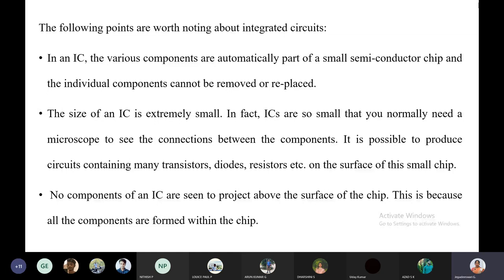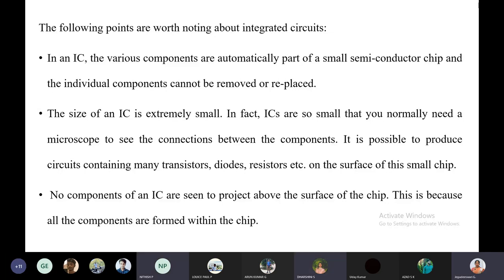If any one component is misplaced or malfunctioning, then we can just throw the whole IC out. That's all, nothing else can be done. If an IC does not work, we cannot repair it. We can simply throw it in the dustbin. That's it. That is the one major thing. Okay, the second thing, can anyone please read the second point?